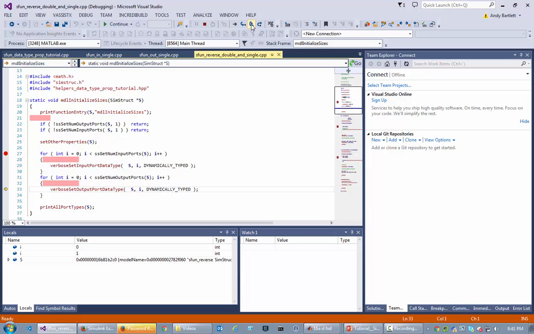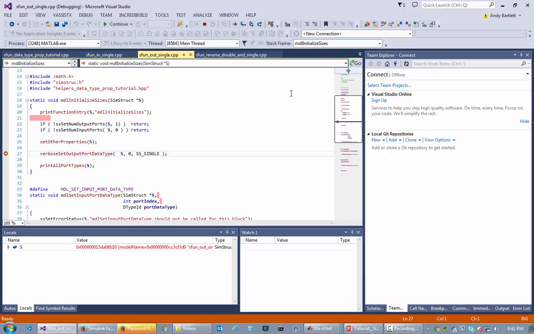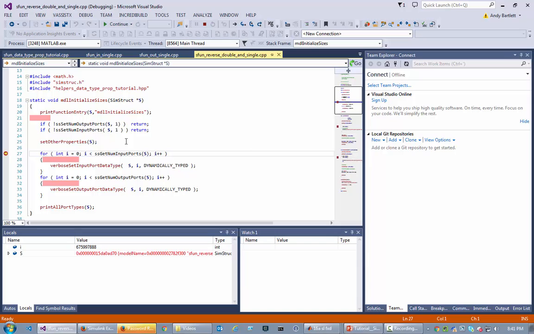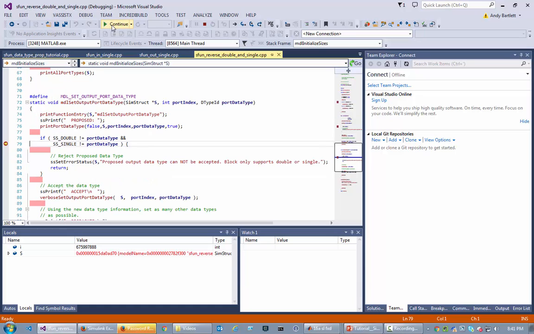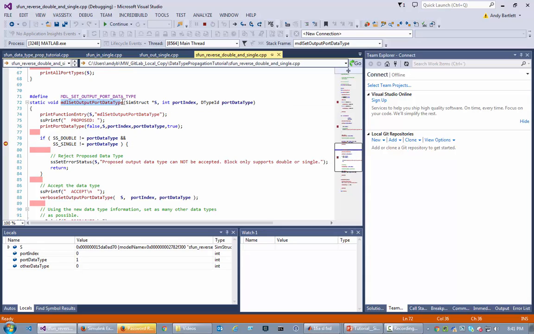And then it's going to set its output port also to inherited. And then we're done with that. And now it's coming to this out single, which only has an out port, and it's going to set that to single. And now we're in the second instance of this reverse double single block, and it'll set things to dynamically typed. So if we continue that, now we're coming into one of the propagation methods, model set output port